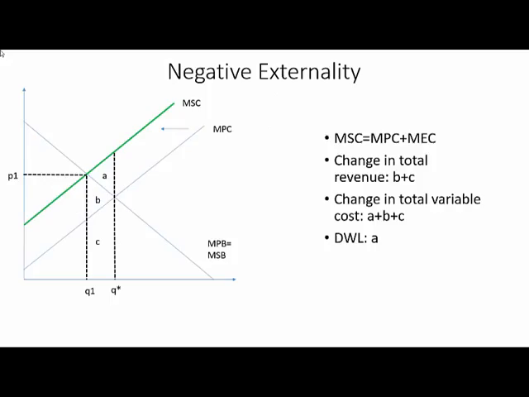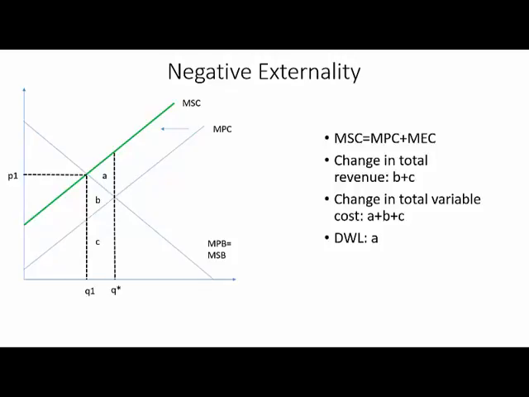We are about to analyze negative externality together, and I also hope you can use the same method to analyze positive externality on your own. In the case of negative externality, our supply curve is also the marginal private cost curve, and the demand curve is the marginal private benefit curve. In equilibrium, government intervention involves discouraging production because there are too many goods produced at the equilibrium quantity